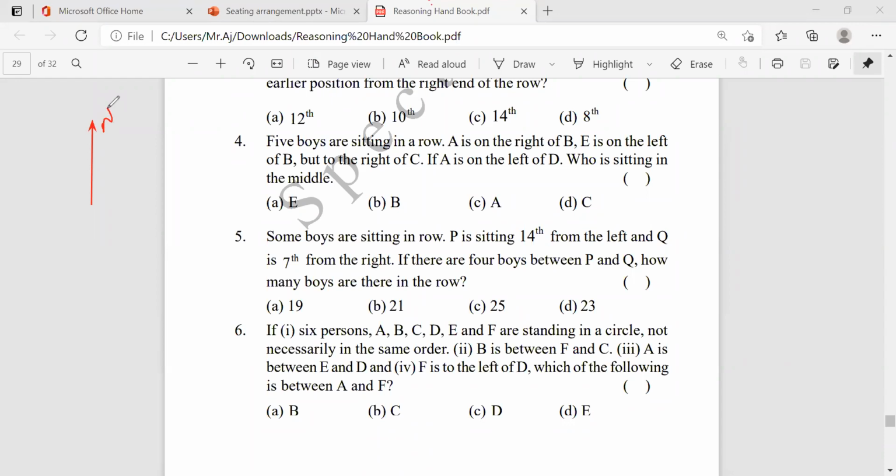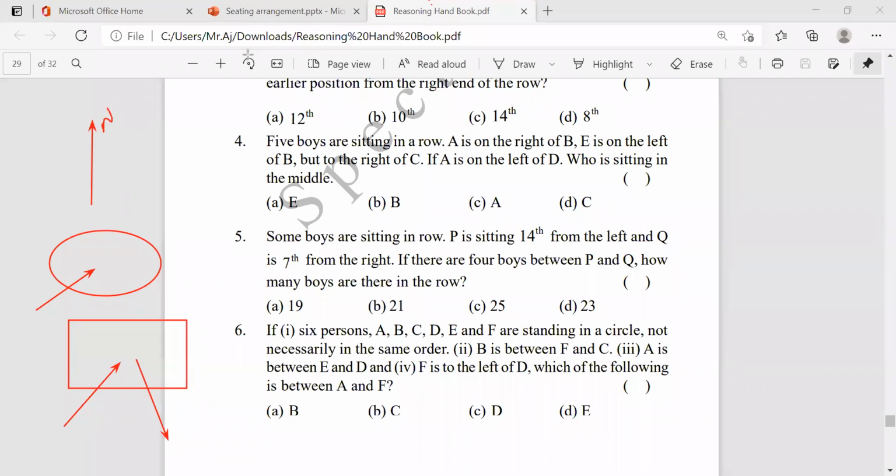The person should be facing north, just like you. Now you are facing your monitors, maybe system monitors or mobile phones. You assume that you are facing north. At the same time, in problems of circles, squares or rectangles, if they don't mention anything, then you have to assume the person is facing inside. If they mention facing outside, you have to take that. So every time, what will change is facing inside and facing outside.